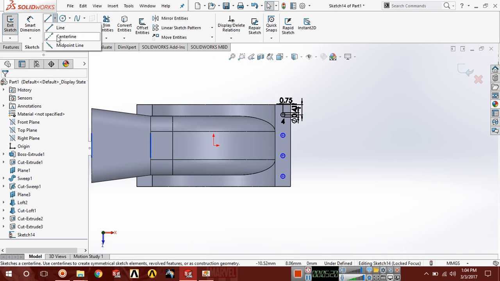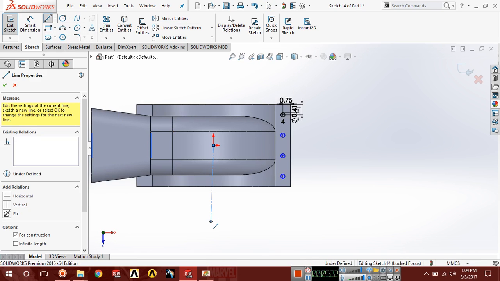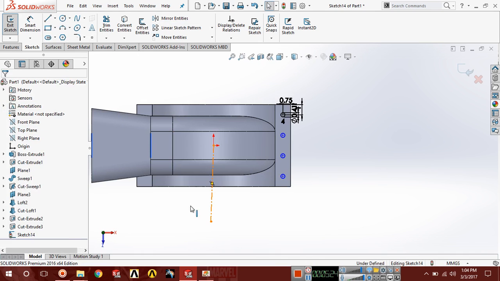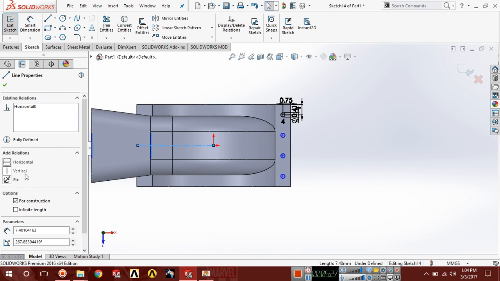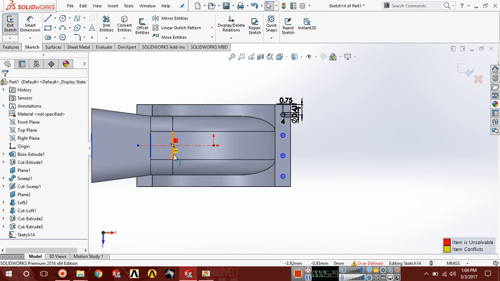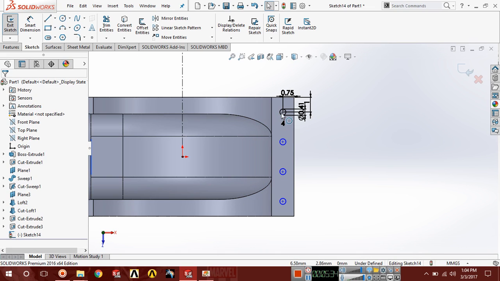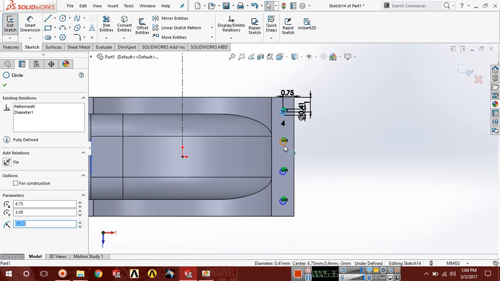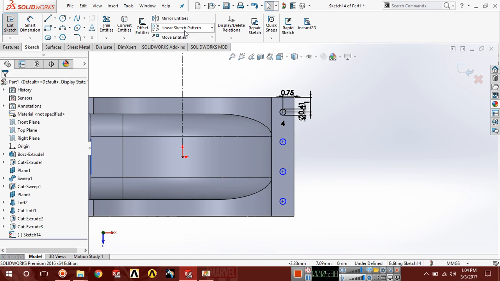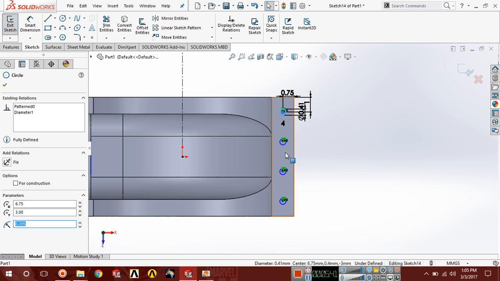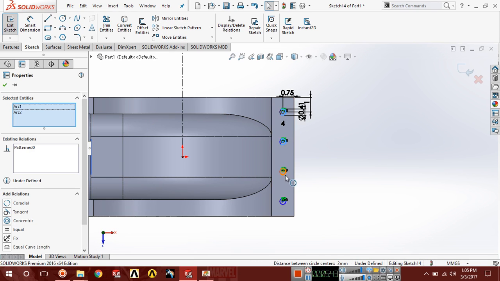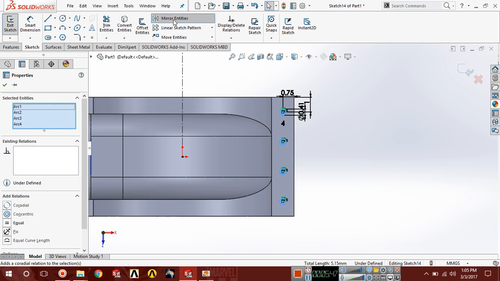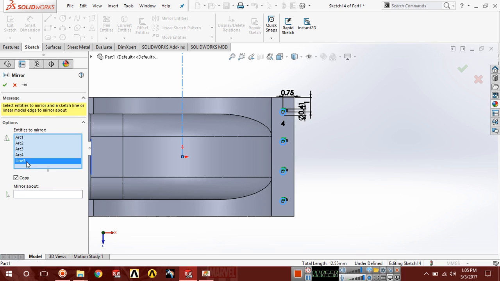Now draw a center line, make a vertical relation, delete this relation. Now select all these circles and mirror entities about this line.